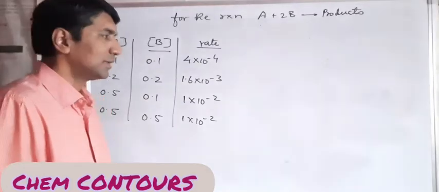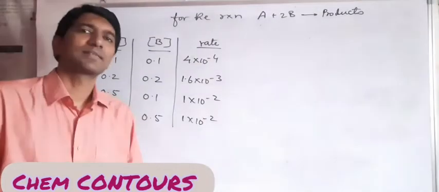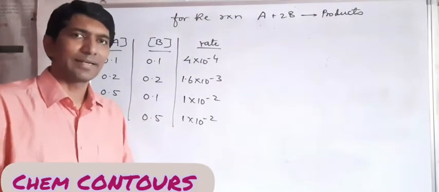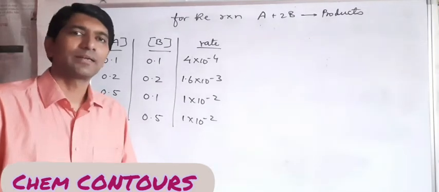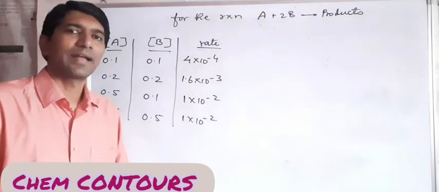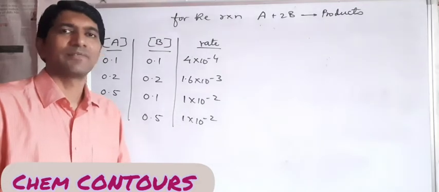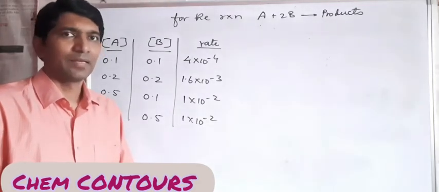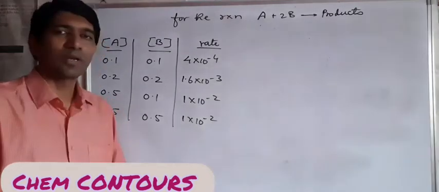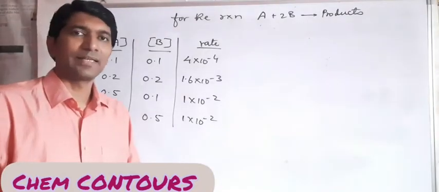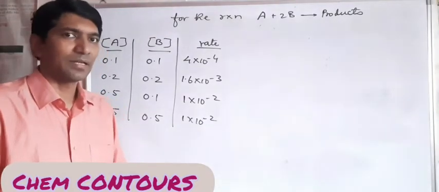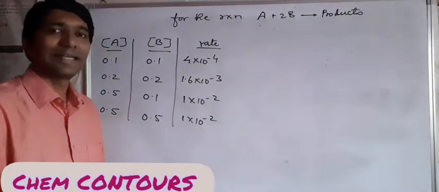Good morning, students. In the previous classes, when we studied chemical kinetics, we calculated the values for zero order and first order reactions respectively with their formulae. But there is one more aspect to calculating the orders for a particular reaction by using the table method, which is this method.